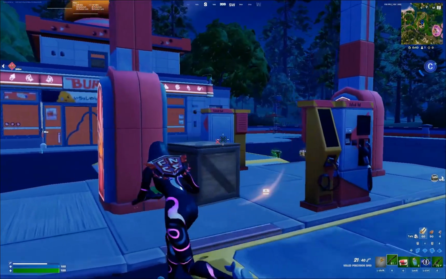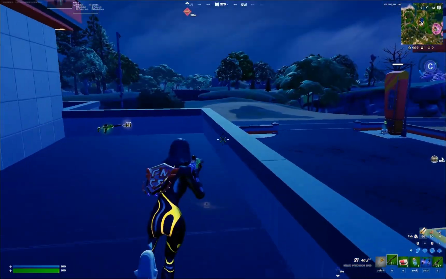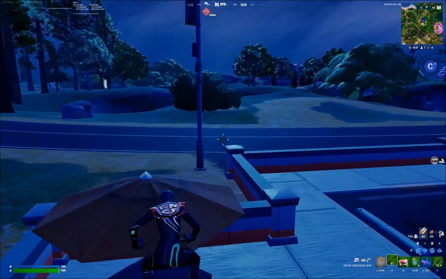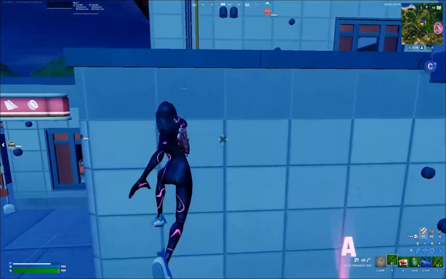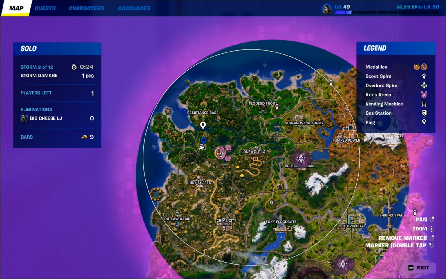I will say, though, every time we went here in the Duo Victory Cups, there have been players here, so beware of that. There might be a player or two here that you might have to fight. But once you're done with that, it's really kind of zone dependent on where you want to go. If zone pulls kind of up here with like a